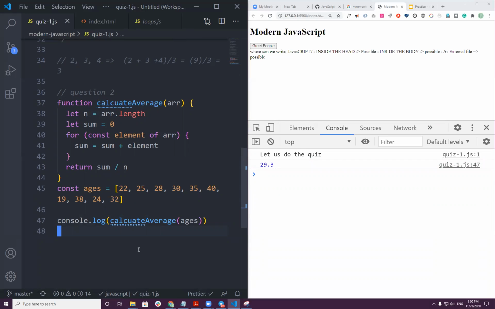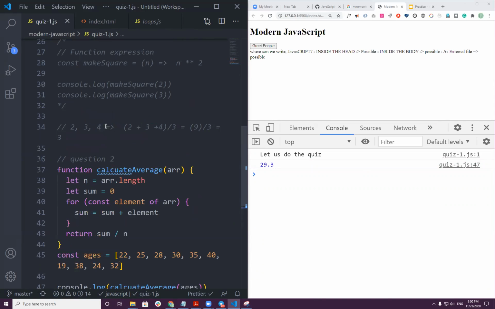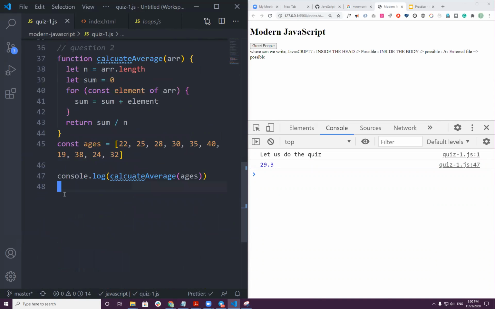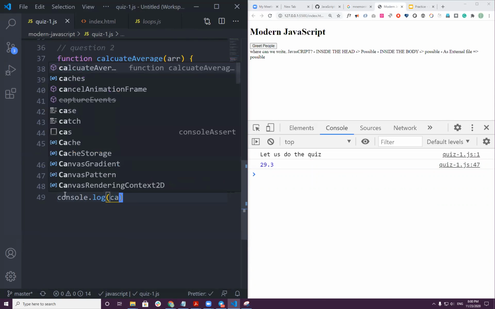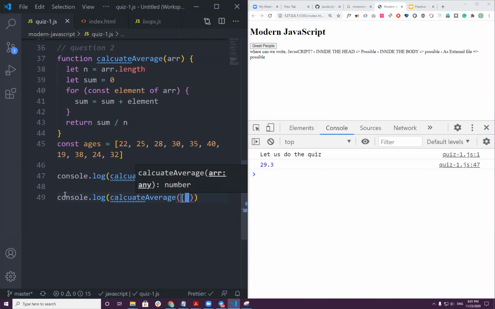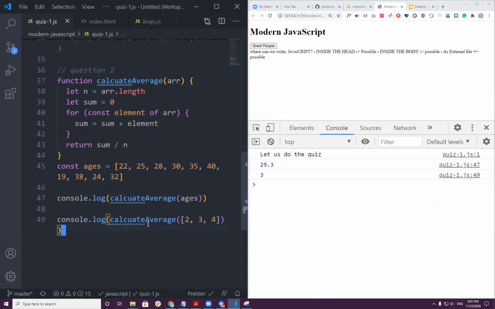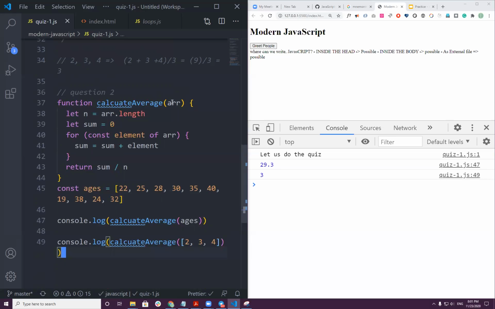Yeah, now this one actually, it's not about... if you give average, for instance, I can give this one also average. Or calculate, console.log calculate average, and if I pass this, it gives me the average of this. So now you have a function which can calculate the average of anything.